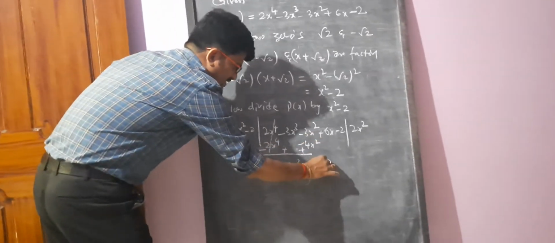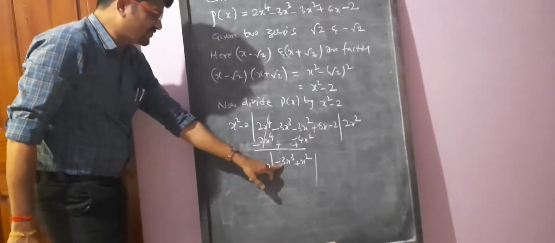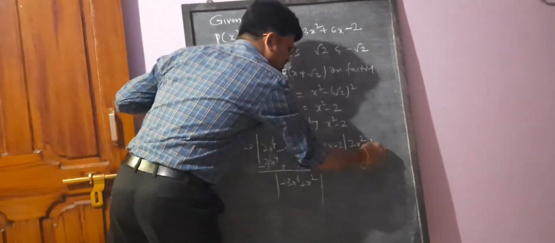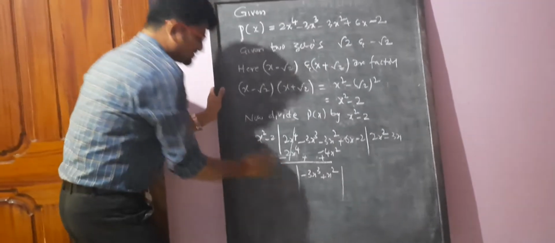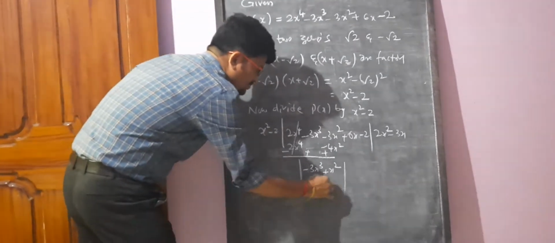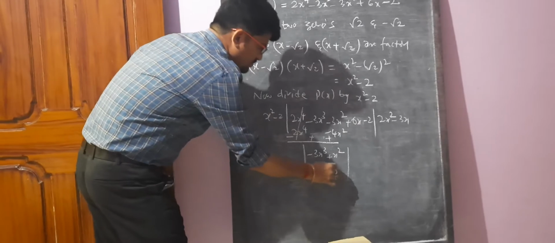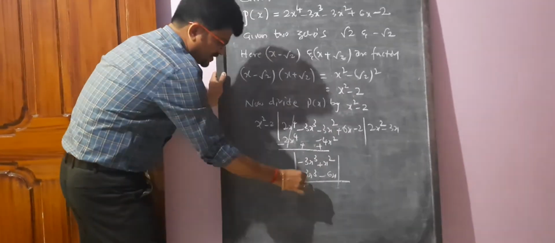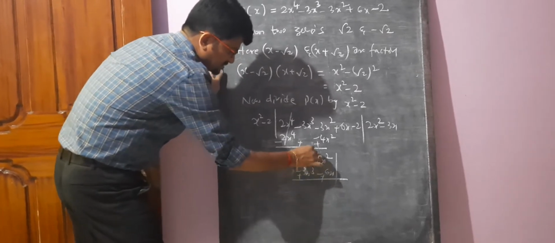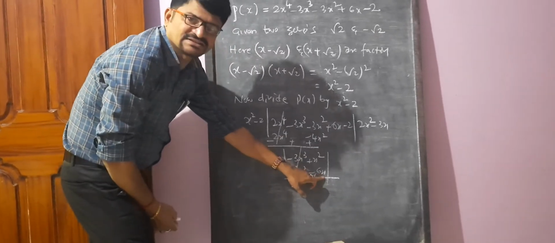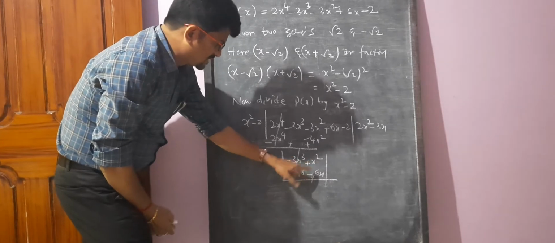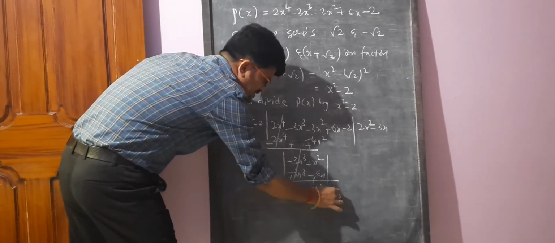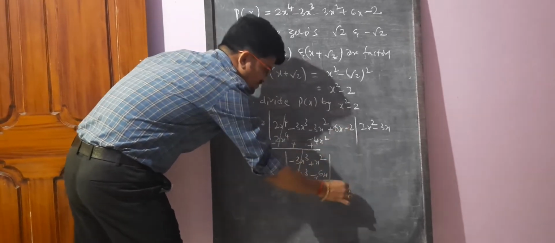Clear? Next. What is the term? First term here is minus 3x cube. So minus 3x. Minus 3x into x square is minus 3x cube, and minus 3x into minus 2 is plus 6x. Children, here the x square term and this is the x term, we should not add those two. Now let us carry down plus 6x, and here minus 2.